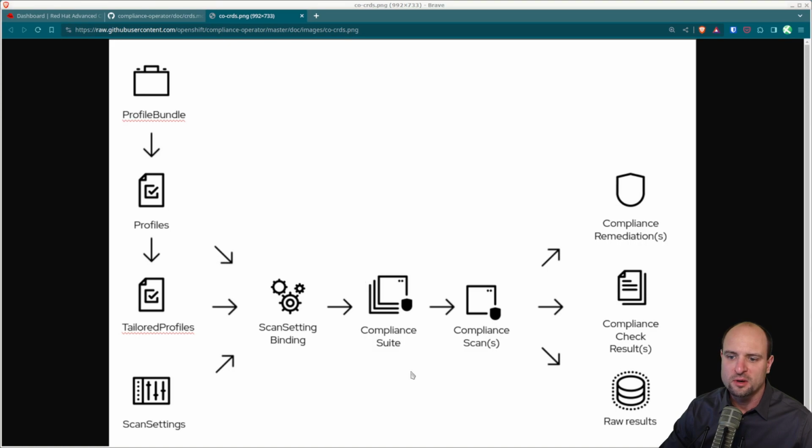For each scan in the compliance suite, the compliance operator also creates a separate compliance scan object. The compliance scan contains a copy of the configuration of a single scan, and it also tracks its result. As soon as the compliance scan object is created, the scan process begins. In the next section of the video, I'm going to create a scan setting binding object to perform the scan